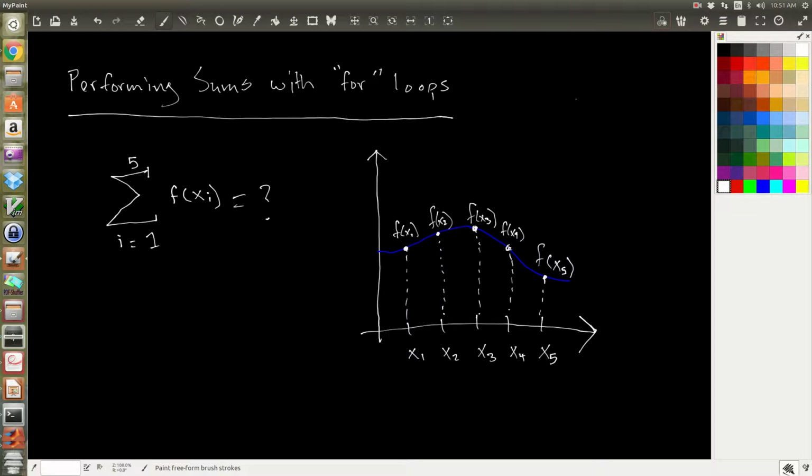Alright, in this video I'm going to show you how we can perform Riemann sums using a for loop in Matlab. So what is a Riemann sum? Just for example, in math terms, this is the way we write a Riemann sum right here. So this sigma symbol with a summation index i, and that summation index takes on certain values in the sum. So this particular sum is saying, hey, sum up the values of f of xi for i equals 1 to